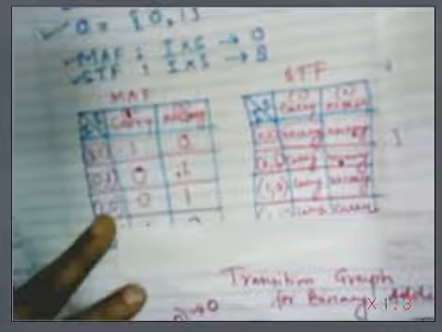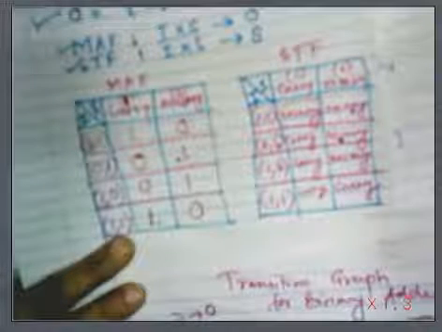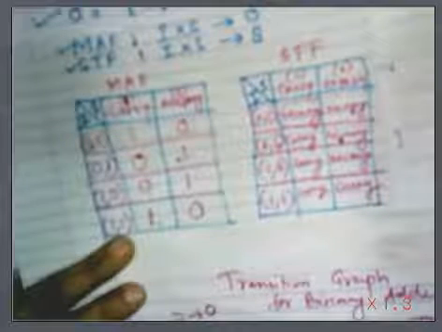Next combination. So we have to consider it for all the combinations. So I have considered 0, 0 and 0, 1. Now 1, 0 will be the same as we have seen in both the tables. So I am just drawing directly. 1, 0 is producing output 1 and remaining in no carry state.